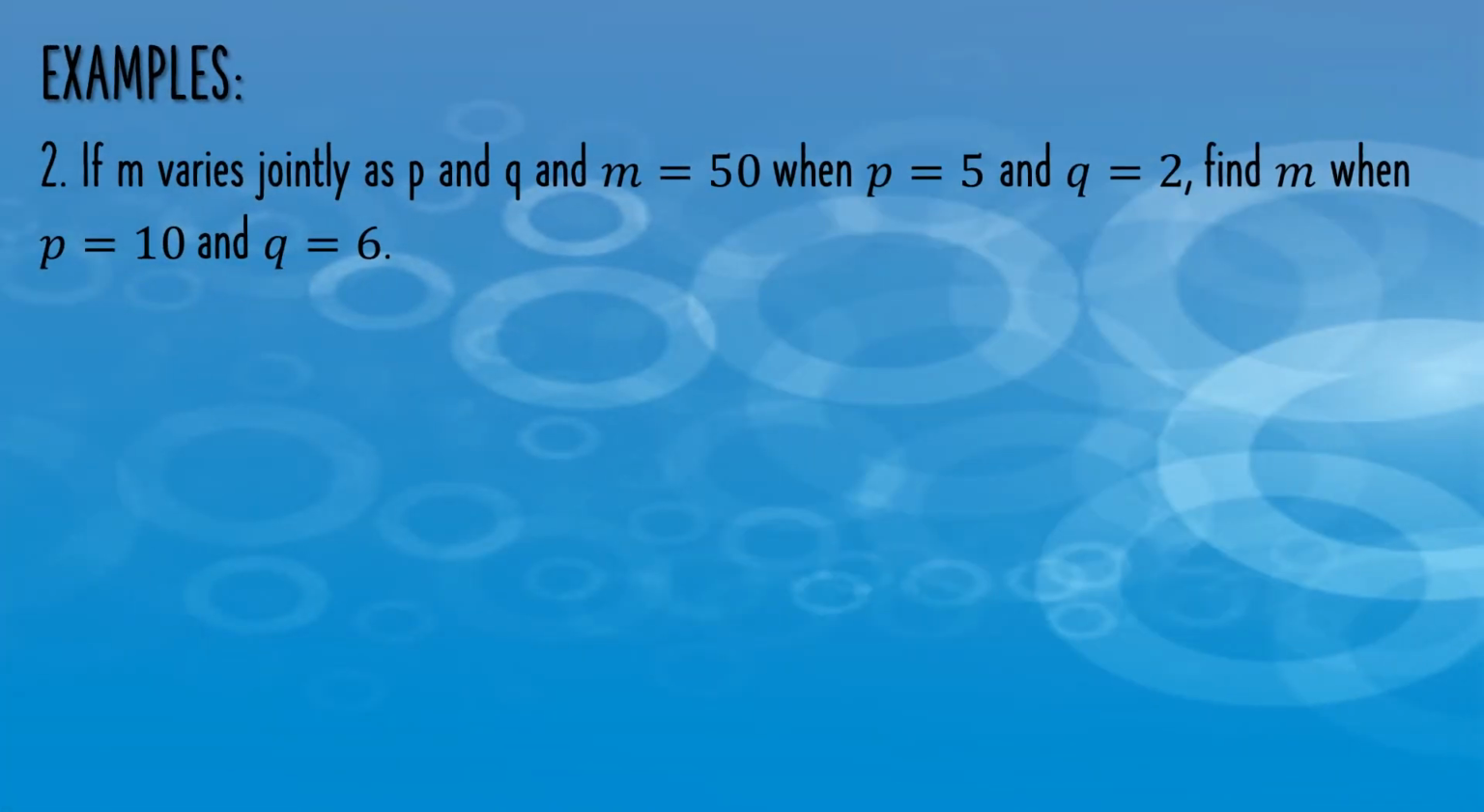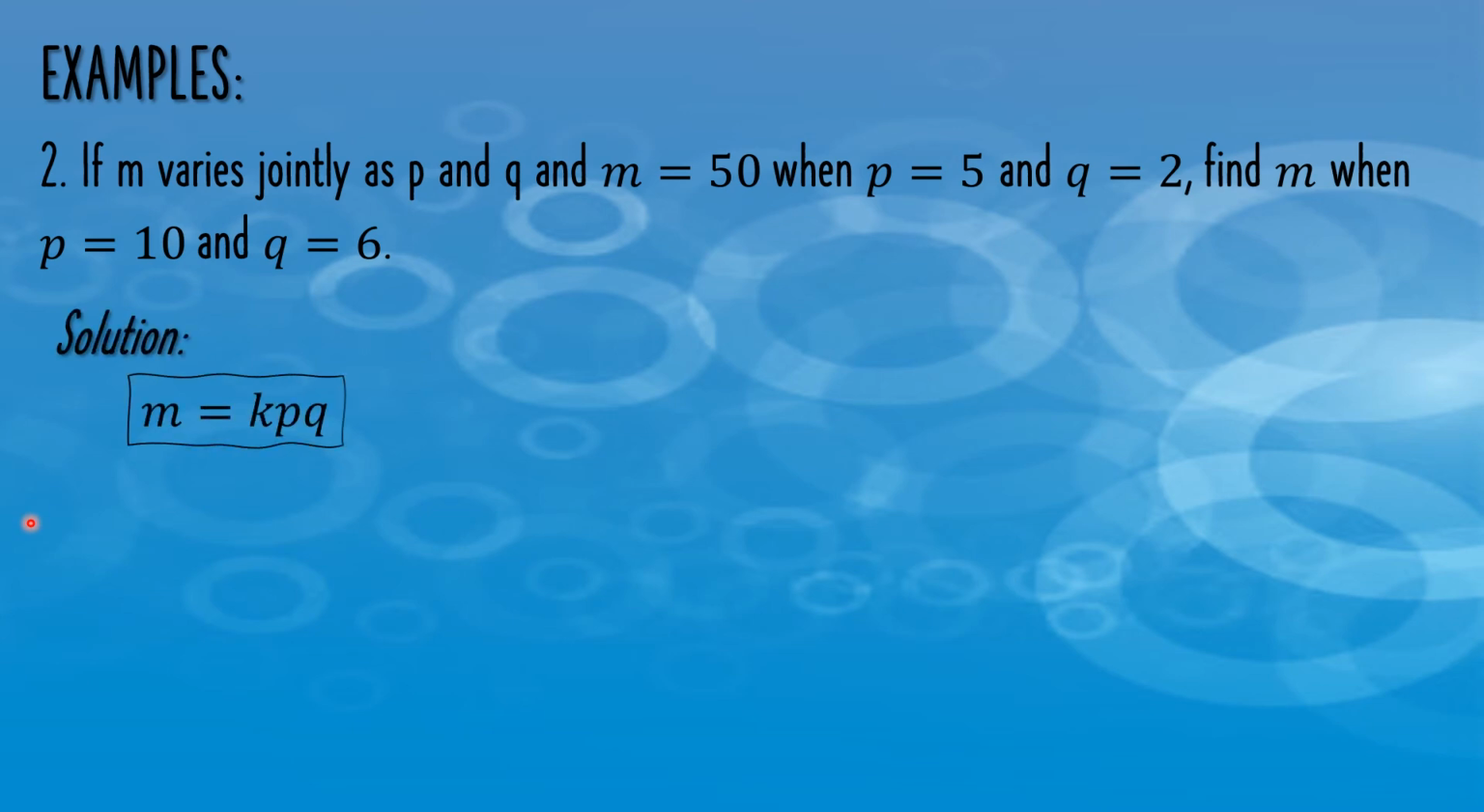Second example, if M varies jointly as P and Q and M equals 50 when P equals 5 and Q equals 2, find M when P equals 10 and Q equals 6. So dito, hahanapin muna natin ang K and then yung equation and then tsaka natin hahanapin ang value ng M using the values of P and Q. So let us now